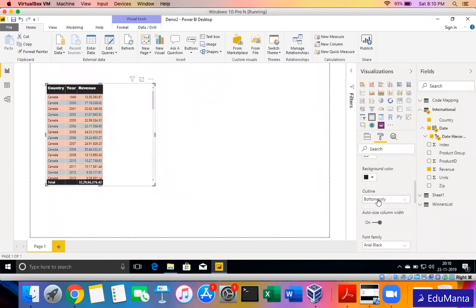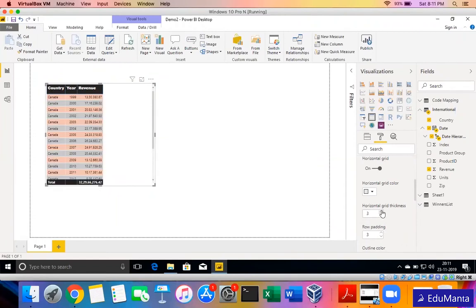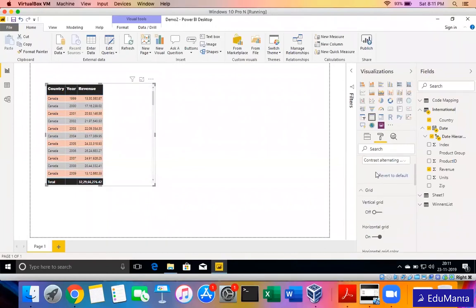So this is how, when you start working, you have an idea in your mind. Okay, I want my table to look this way. You can just go on selecting the option. I want the vertical grid or horizontal grid. Again, this is according to my need. And if I want even the grid size to be a bit thick, suppose the horizontal grid is there but I want it to be a bit thick, then I can just increase the thickness. I can increase the row padding. This will increase the difference between different rows. So we work with this formatting section in a way.